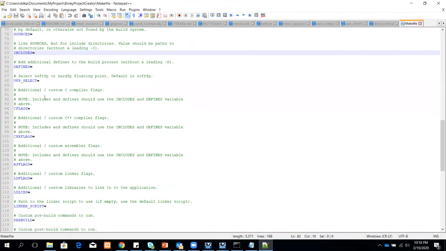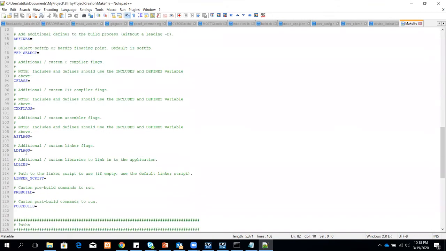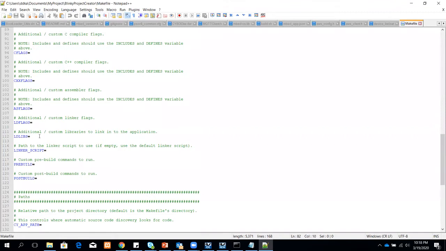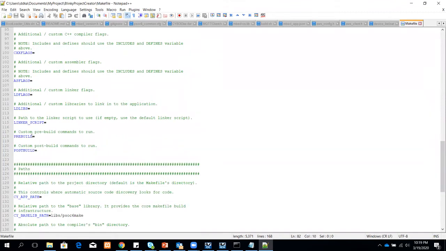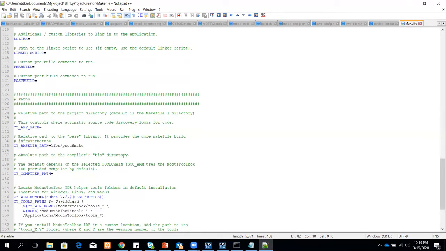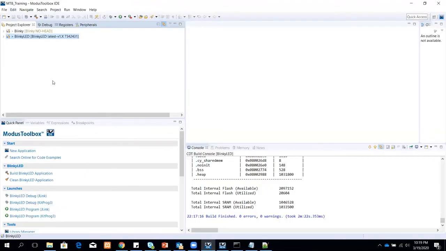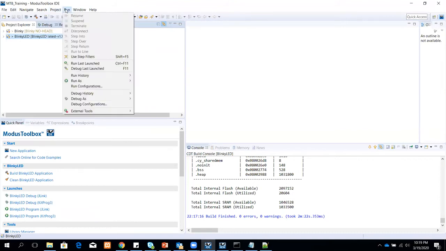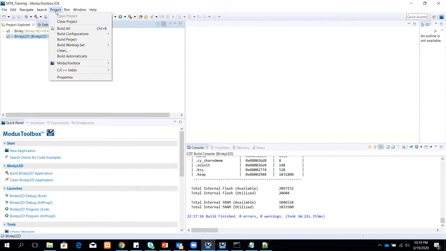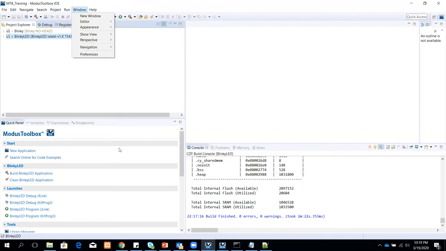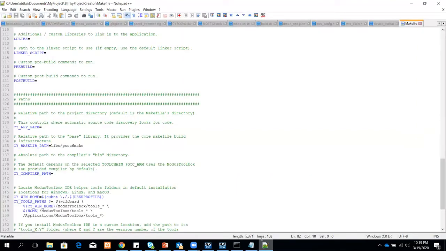So you have C flags, assembler flags, linker flags, and all that. You can also specify pre-build and post-build options. Okay. So everything is controlled using a single makefile. You need not go anywhere in the IDE. As you know, the IDE has a lot of places for you to go and change stuff, but we have made it easier by removing everything and then just adding a single makefile to control the entire application. Okay, hope that makes sense, right?